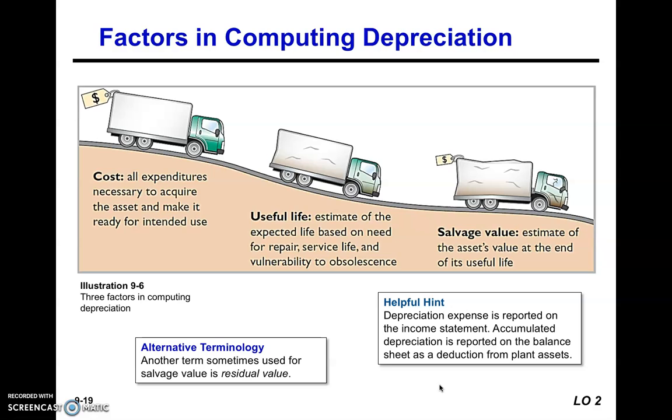It's opposite the equipment, so the normal balance is credit, meaning we debit depreciation expense and credit accumulated depreciation for that asset, and we show it on the balance sheet after the asset's cost as a deduction from the cost of the asset to arrive at the unused portion of the cost of the asset,